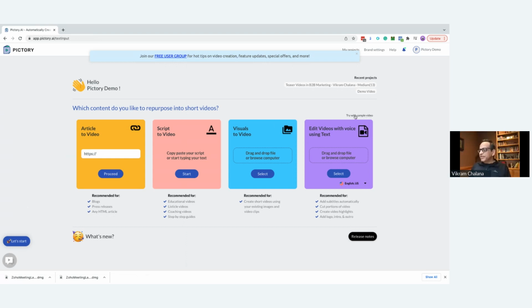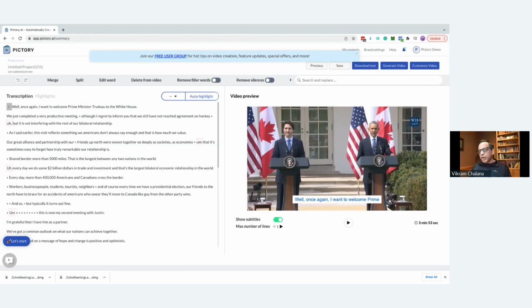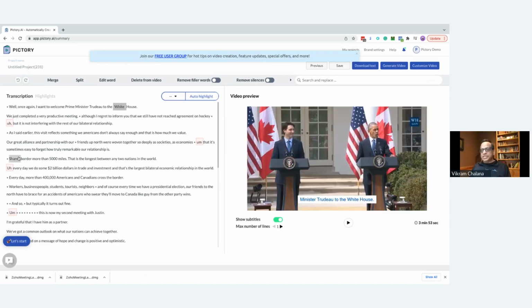So we have a sample video that I want to show you. When you upload the video, it will automatically transcribe it as well. So you can see this transcription is already done, and you'll see the transcript on the left, and you'll see the video on the right. On the transcript now, I can search for specific things. I can say,